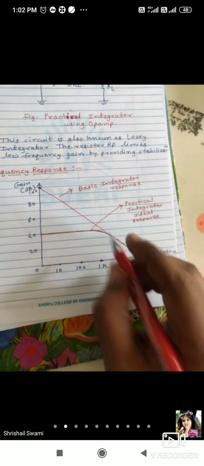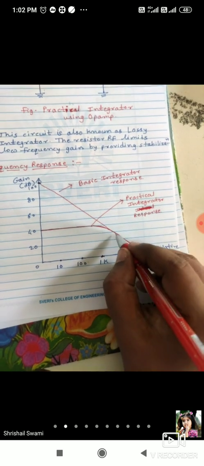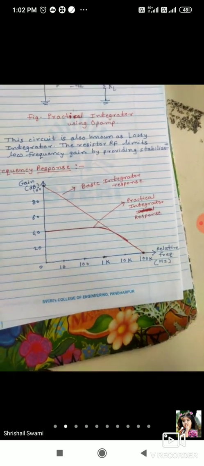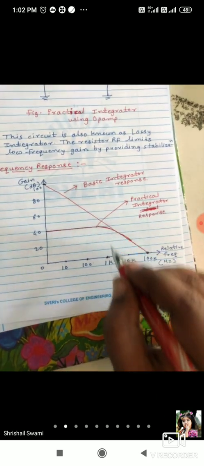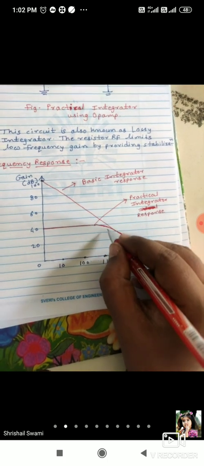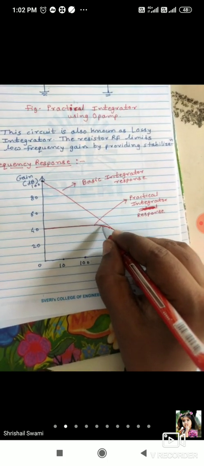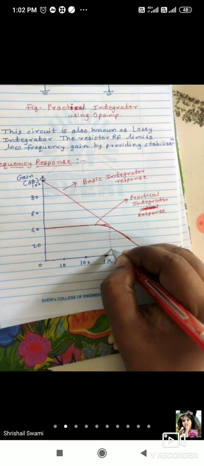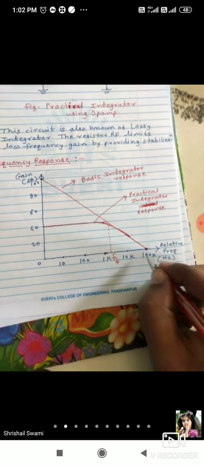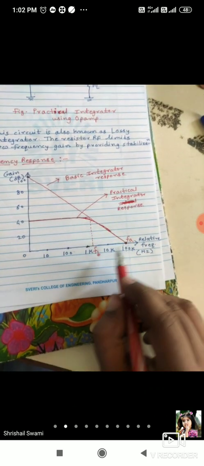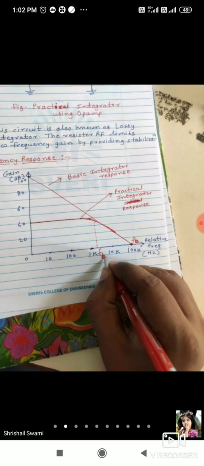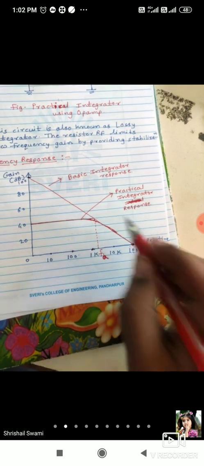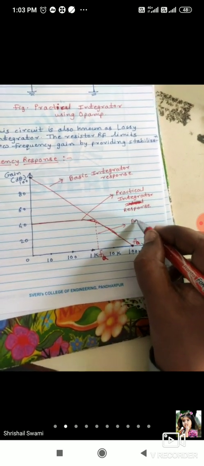Now this will be the practical integrator response, we can call it the practical integrator response. Ideal means at some frequency it should come exactly to 0 dB. If you consider here, this frequency is FB and this frequency is FA. Sorry, this will be FB and this will be FA. The dotted line is the practical